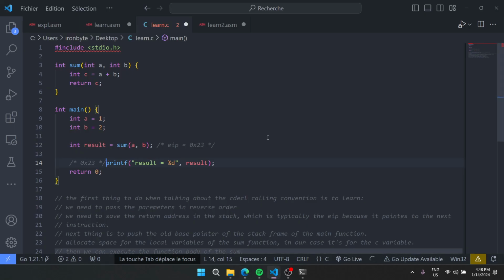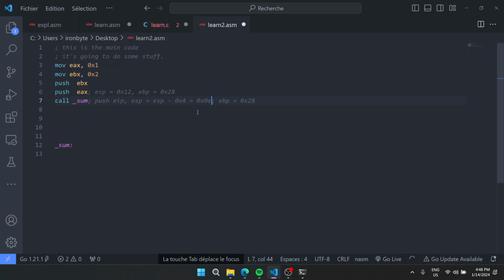Once you want to save any kind of register, the way you do that in x86 is just by pushing that register or that value into the stack. So once you have done that, once we do the push EIP, it's going to do all of that, and then another instruction is going to be to jump into the sum function. Yeah. So once we are jumping into the sum function,